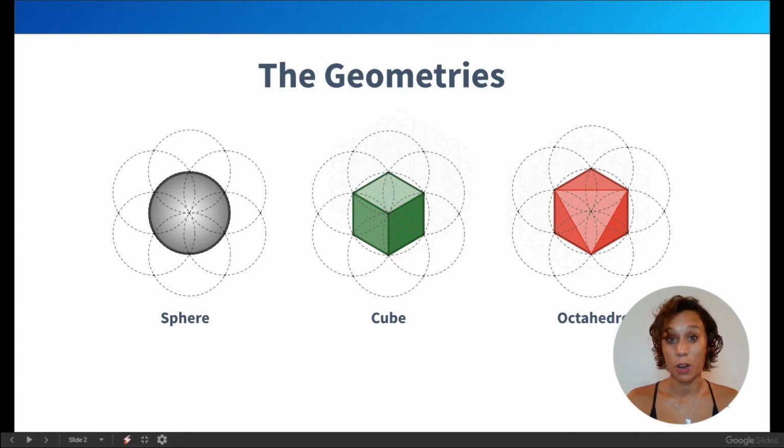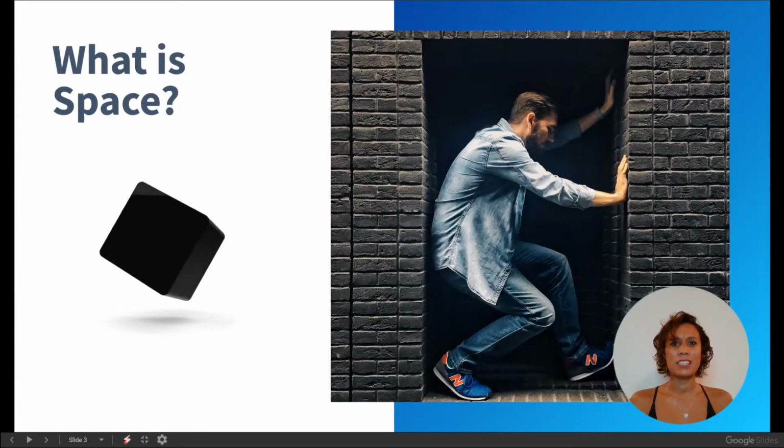And they all somehow link to this very mysterious image in the background. Some of you probably have seen it. It's called the seed of life, and it's a very famous spiritual symbol, or ancient symbol, you could say. But I could do whole workshops on that. All right, so what is actually space?